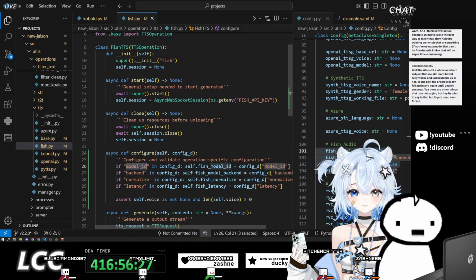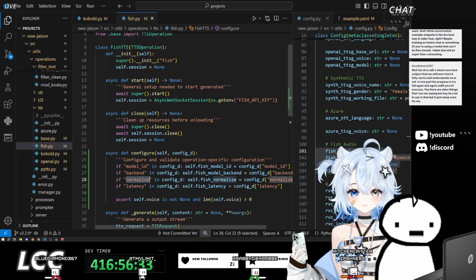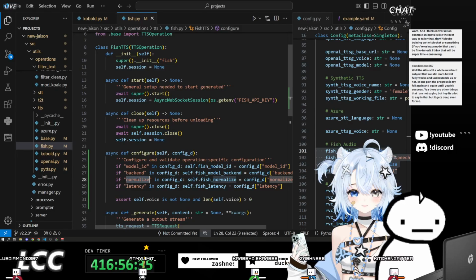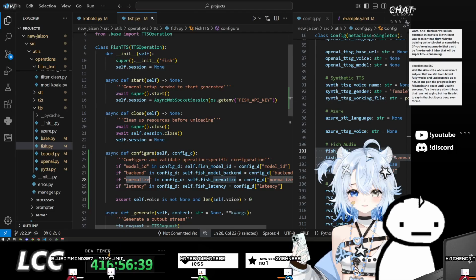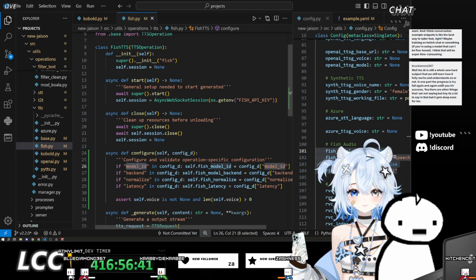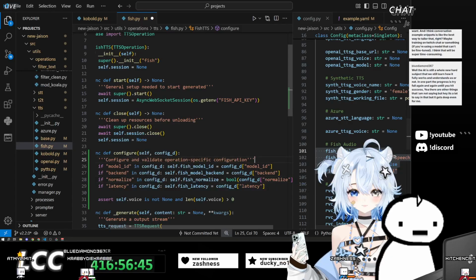For this one, we need the model ID, we need the backend, latency, and normalize. Latency and normalize need to have one of two values. Okay, that's fine. I guess I can just turn this into a bool, right? Bool, that's fine.